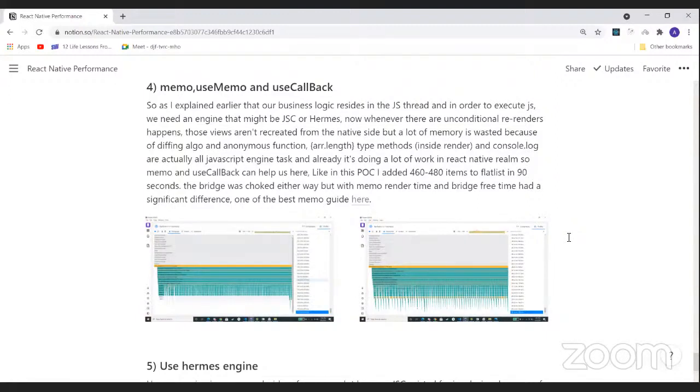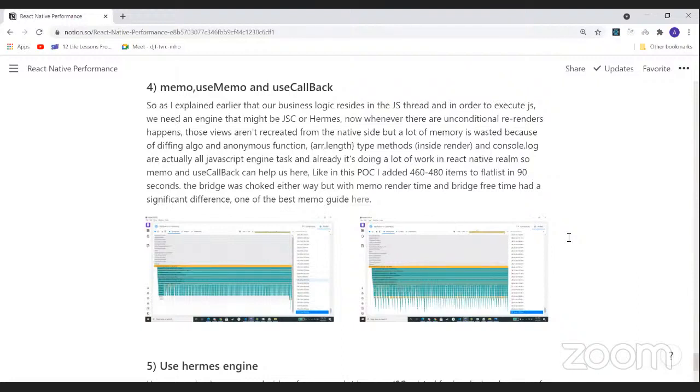Now, whenever unconditional re-renders happen, those views aren't recreated from the native side, but a lot of memory is wasted because of the diffing algorithm which React does, and anonymous functions, array.length type methods inside render and console.log are all JavaScript engine tasks, and it's already doing a lot of work in React Native. So Memo and useCallback can help us here.